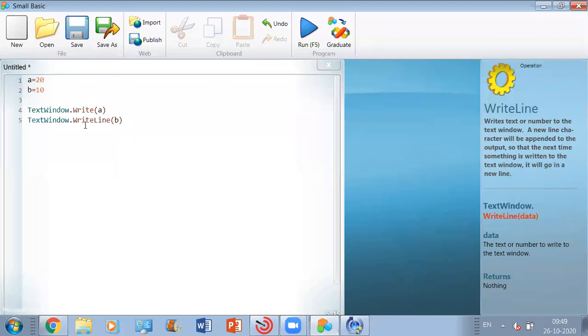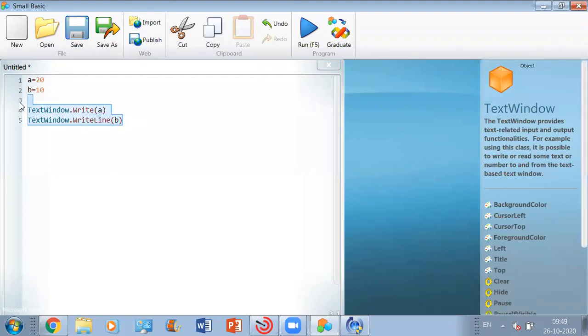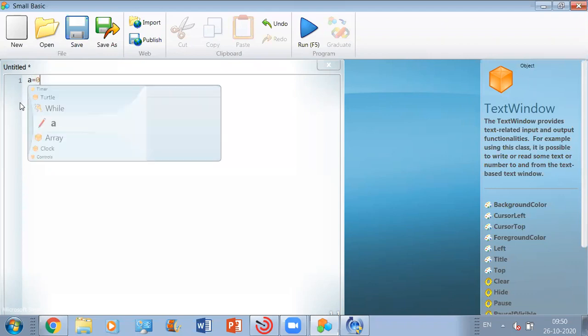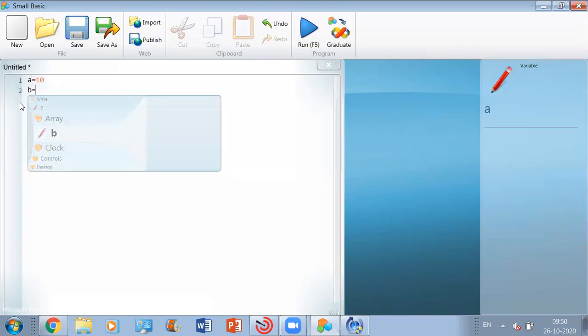Now let's come to Read. How can we make use of Read? Now listen to me attentively. Suppose I give you a program to find the greatest between 2 numbers that the user is going to enter at runtime. We are not given these 2 values. We don't know any value beforehand. We want that the user should input the value at runtime. If we are assigning a value like this to these 2 simple variables, this is not a runtime program.